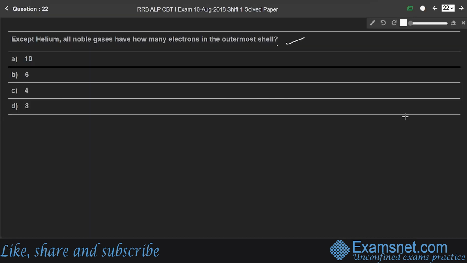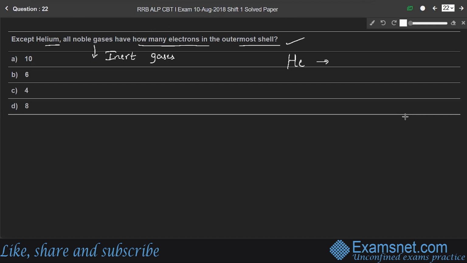Question 22. Except helium, all noble gases have how many electrons in the outermost shell? Here, noble gases are nothing but inert gases, right? They do not react with any of the atoms, because they attain the octet configuration. So in their outermost shell, there will be a maximum of 8 electrons, except helium, because helium has